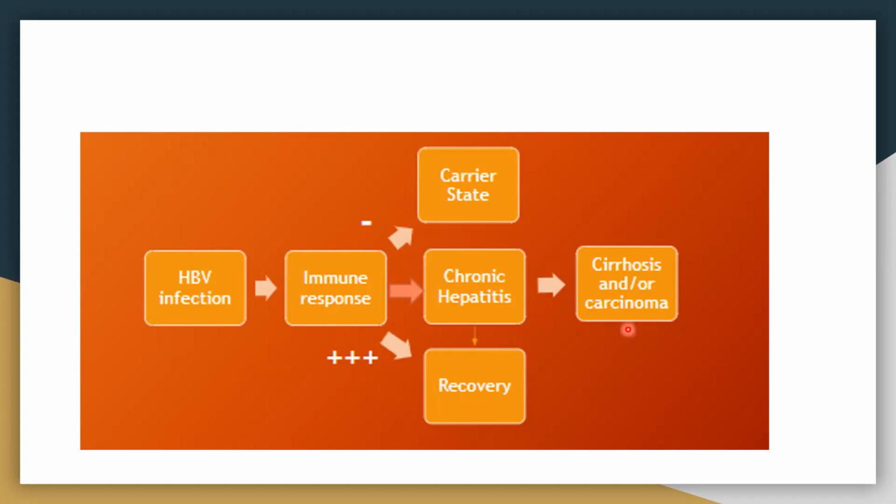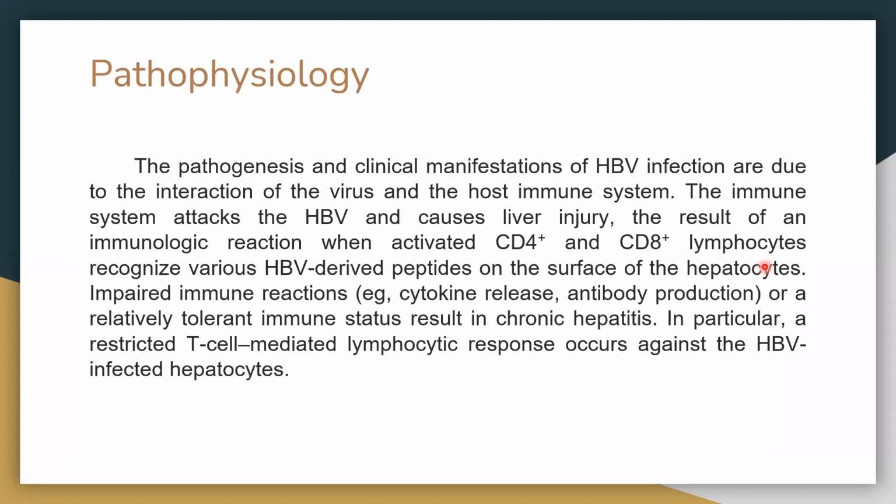The final state of HBV disease is cirrhosis. Patients with chronic HBV infection are likely to develop hepatocellular carcinoma with or without cirrhosis. And for carriers, just like in our case, the virus may also reactivate, which also leads to this final state of HBV disease. So to wrap up the pathophysiology, the pathogenesis and clinical manifestations of HBV infection are due to